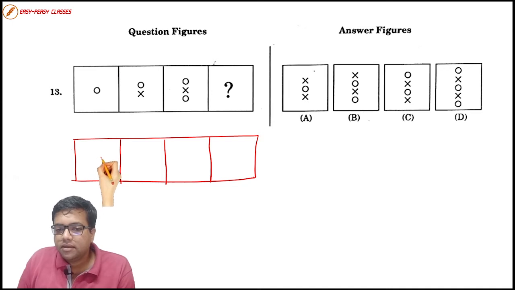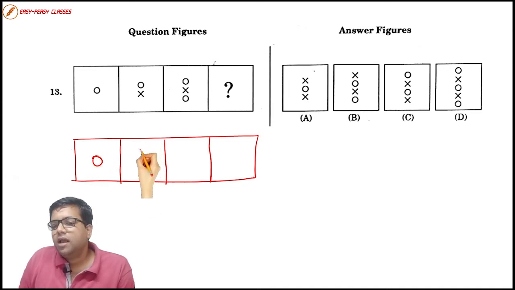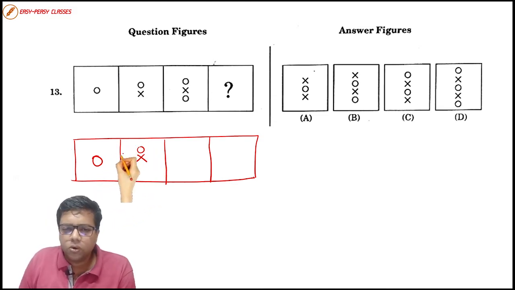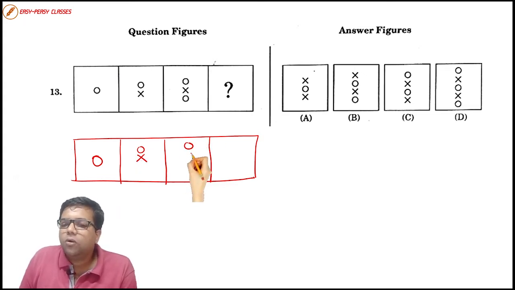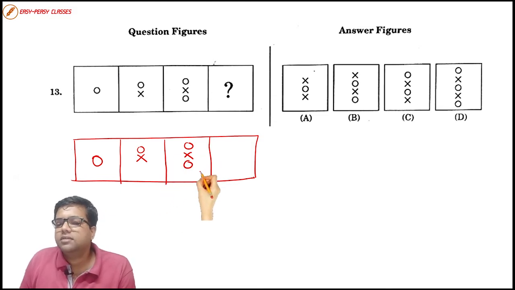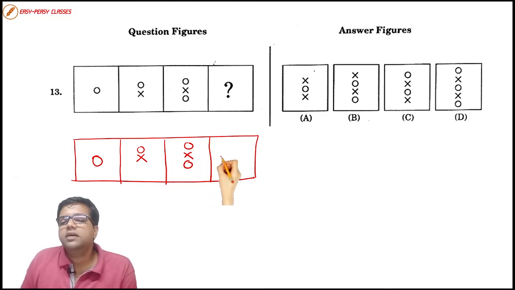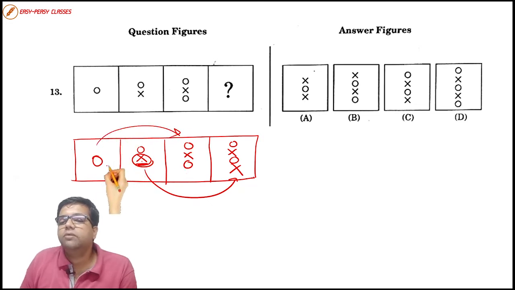Like suppose there is a circle over here, and in the second step the circle will get a cross mark. Let us say there is O, the O will get an X below it, and again the O and X will get an O on the third stage. And what will happen on the fourth stage? The same thing will be there, but what extra will be added? O will always get added with the X, right? X will come over here. The same logic gets repeated over here, right?